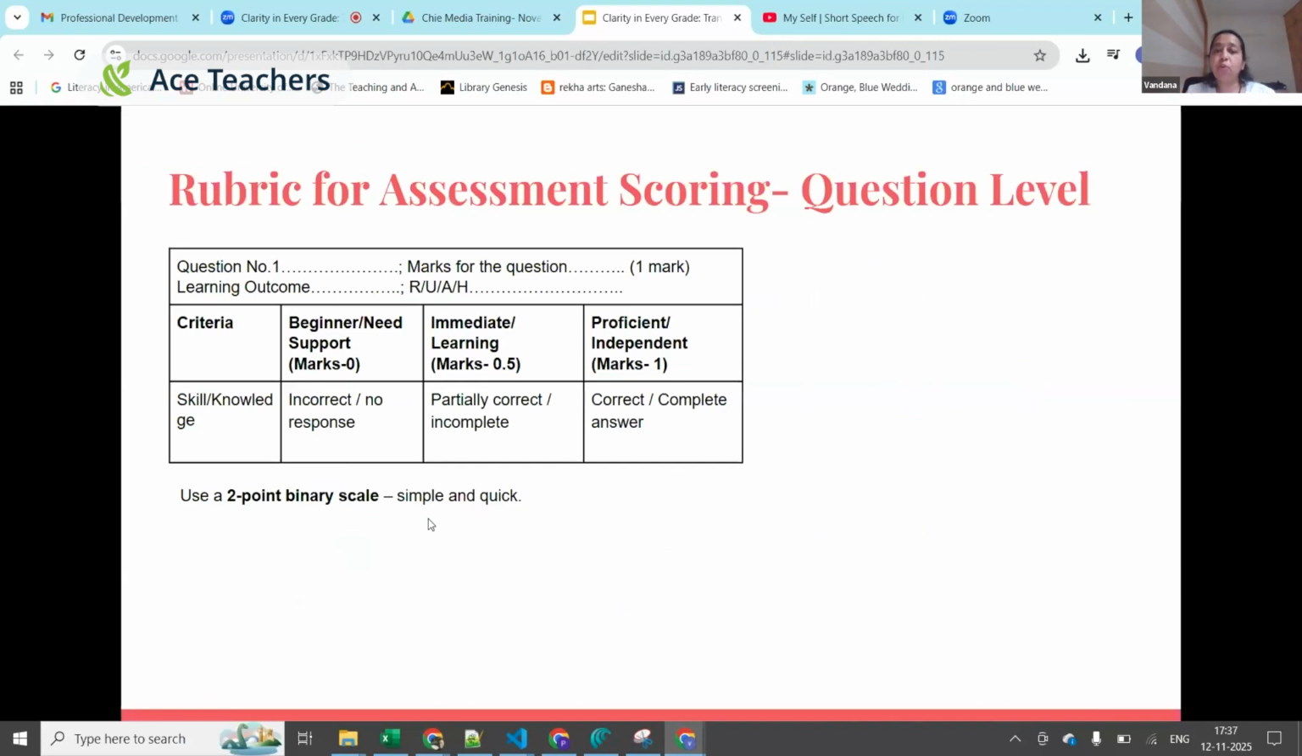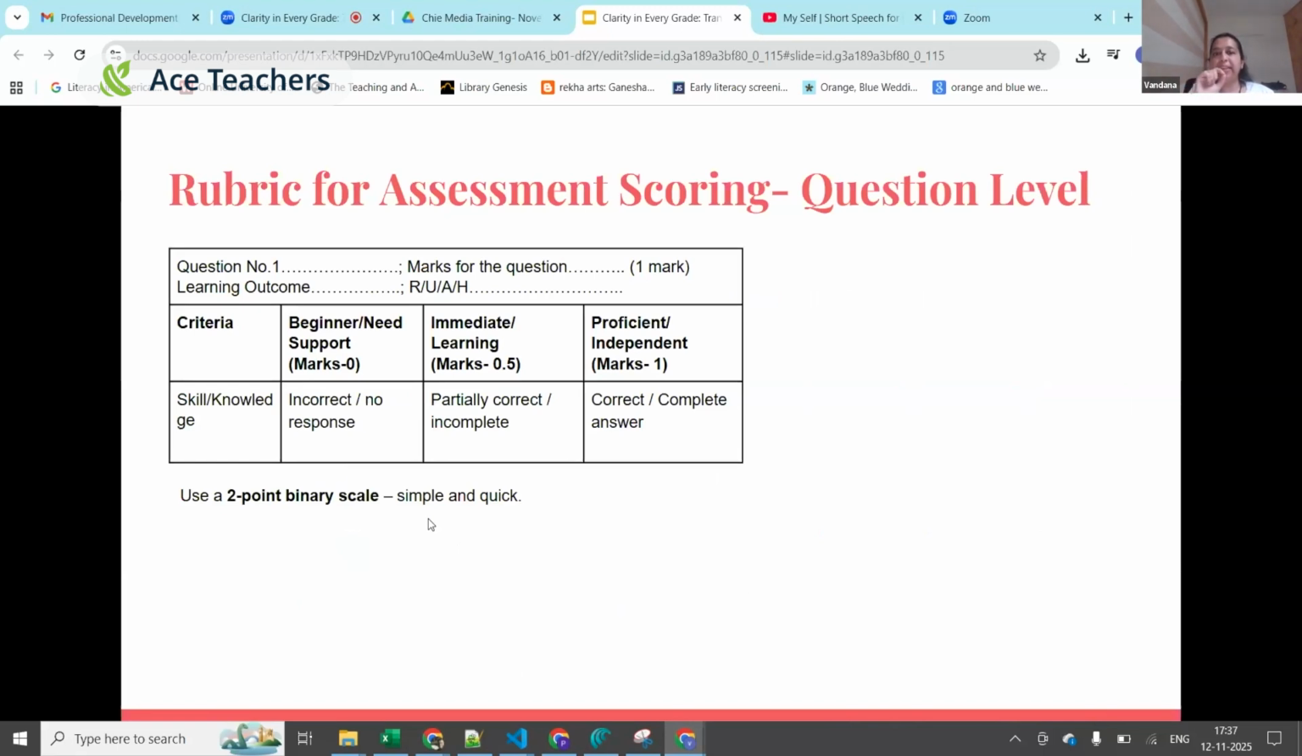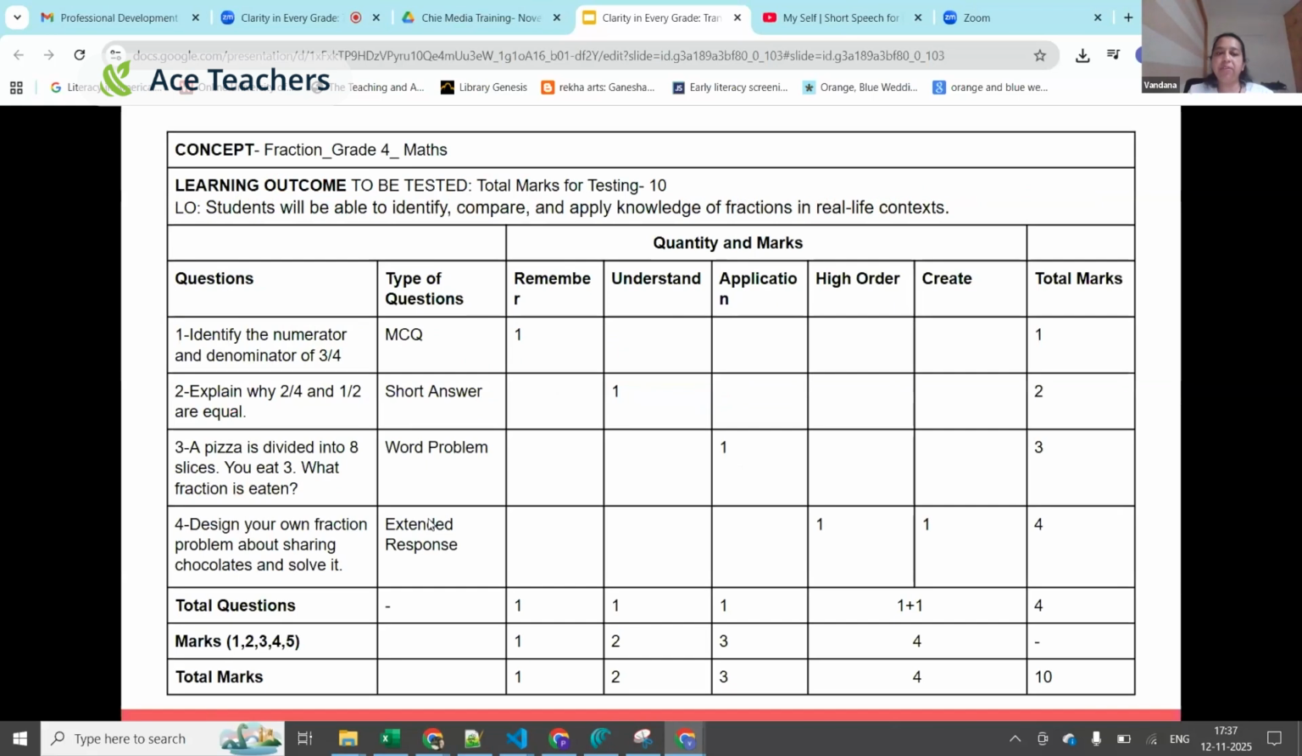Let's move to scoring. For scoring, we develop what's called a rubric. There are two types of rubrics that work for scoring. One is at each question level. For example, I gave 4 questions. I will first develop a rubric for each of these questions, and my second rubric will be for this entire assessment,